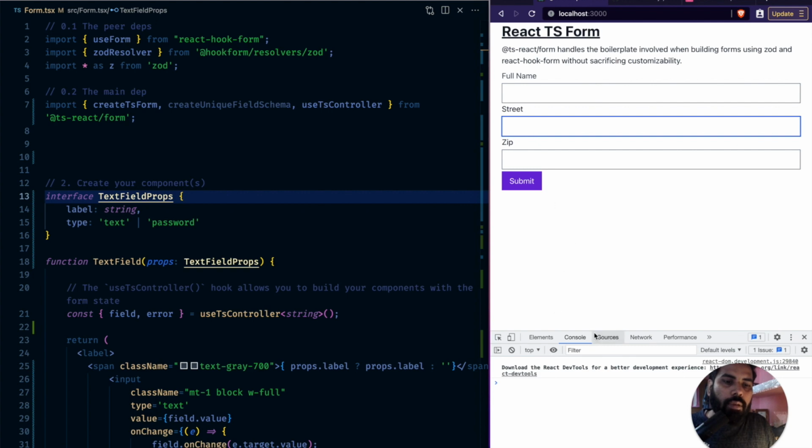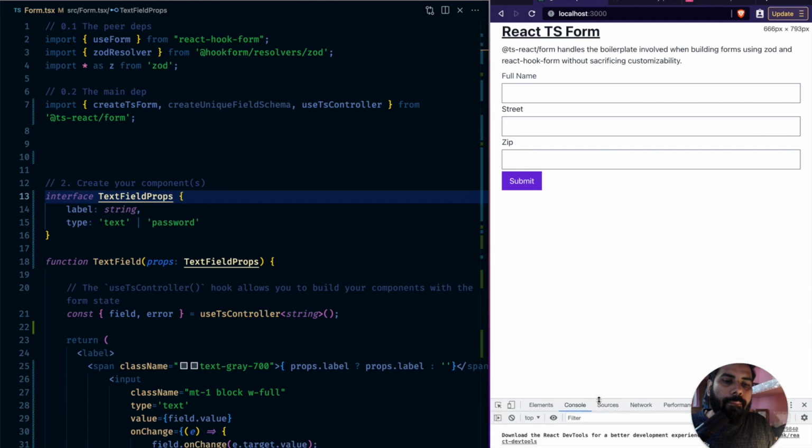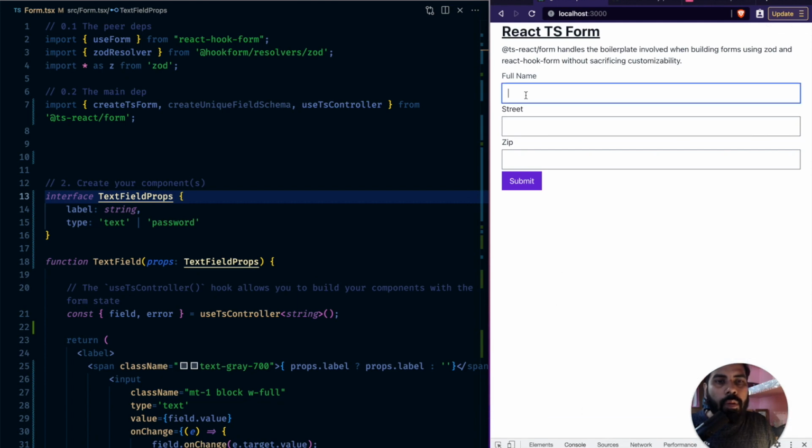structure, right? So let's just type the name. Street. A street could be any street, and zip could be 12345. Submit it. It's all working. Why not? No problem. But if I won't submit this, there would be, because we put a requirement there, right? So it's necessary to be there,